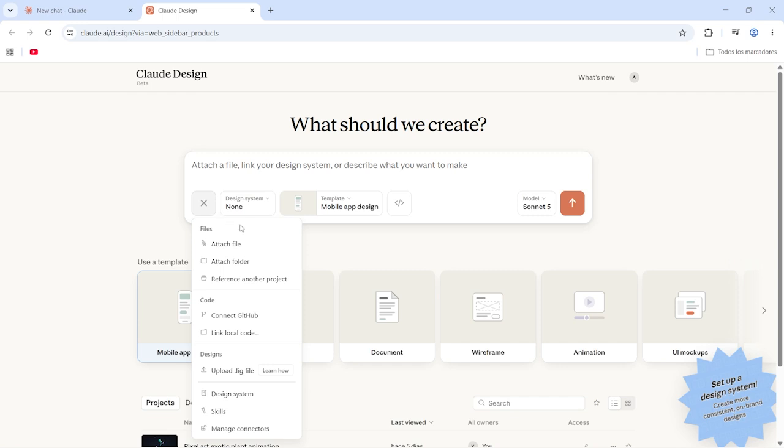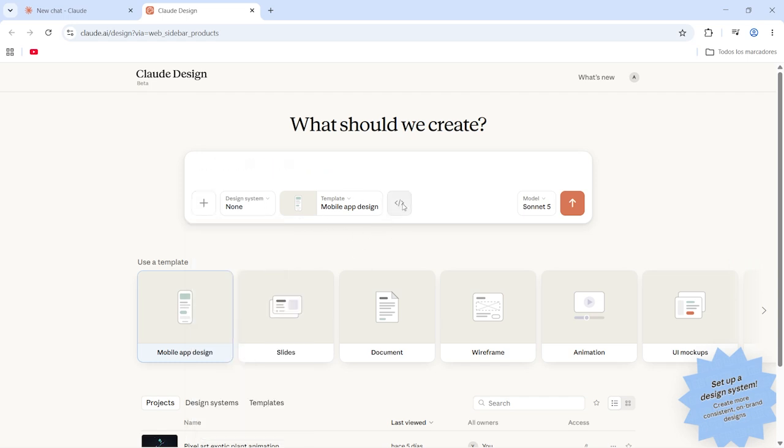Then you can also upload files, which can be images for reference, for example. You can also reference another project. You can connect your GitHub if you want to create something code related. And you can even click here to upload the code of the application or website you want to design. So it will design what's currently in the code you upload. For my case, I'm just going to put a prototype of a dashboard for my new fitness mobile application, and